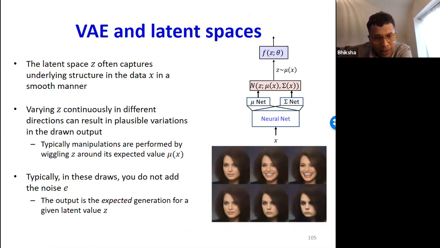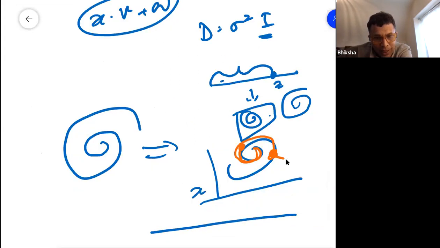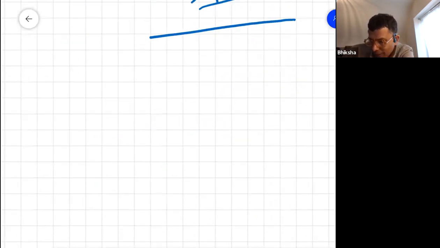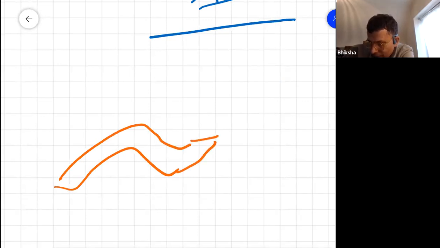More generally, faces may lie on some curved manifold. If faces lie on a curved manifold, then any face is basically some point on this manifold plus some noise.